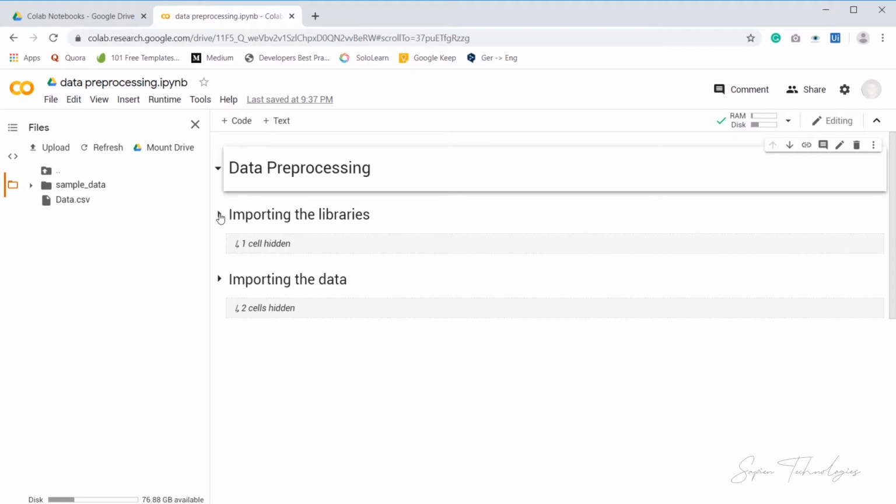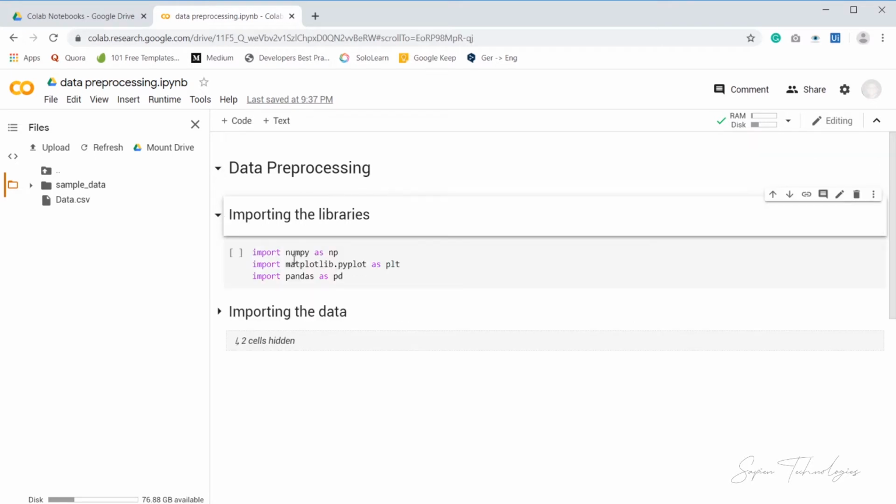We are concentrating on importing the libraries now, where we are going to import NumPy as np, Matplotlib as plt, Pandas as pd. NumPy is mainly concentrating on arrays and math operations, Matplotlib on charts, Pandas on data, importing data and extracting the data frame, data series, like that. So in this particular video we are going to concentrate on the Pandas library, which will be used in importing the data, and the next step.